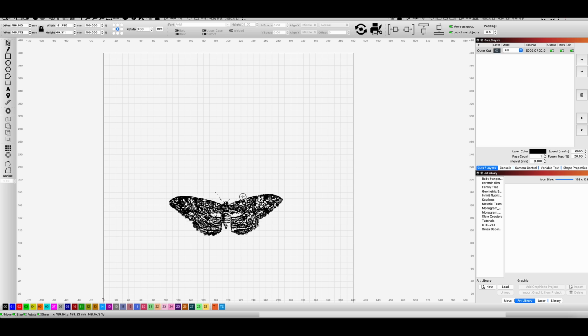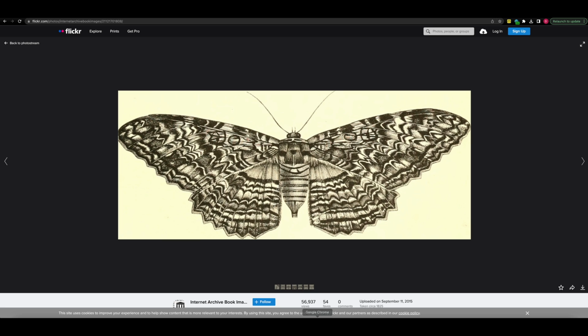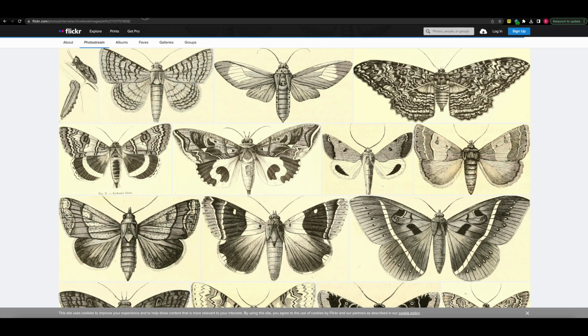I can pop that on my project and engrave it directly as a fill layer, and that's going to look pretty decent. So that's just one quick example of what you can do with these image archives, but there are so many images that you could use in these archives. So definitely